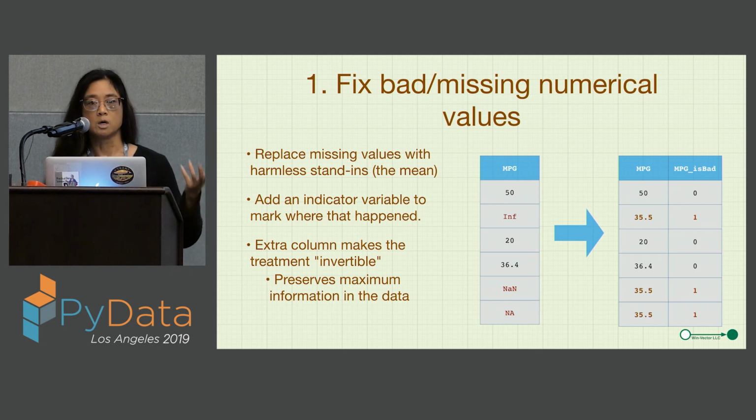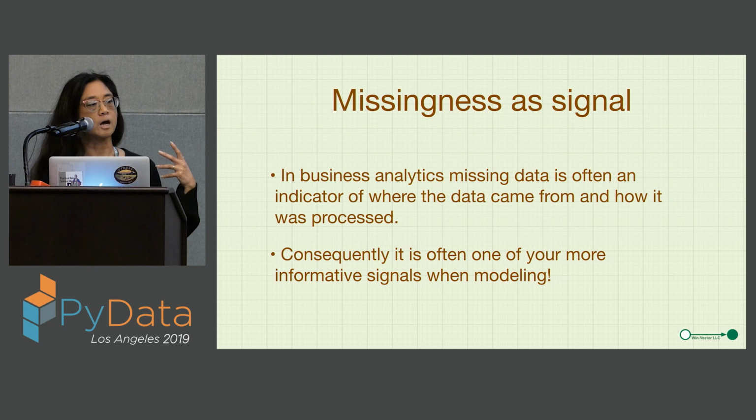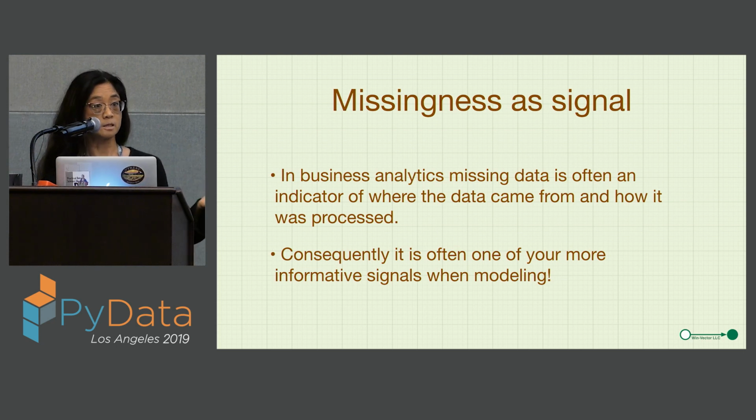Often you don't know why you have missingness in your data, whether it's random or systematic. And so vtreat just kind of splits the difference and treats it like it's both. Again, for downstream modeling algorithms to kind of sort out and figure out what's going on. And in fact, we find in practice that these isBad missingness indicators are sometimes even more useful than the original variable itself.